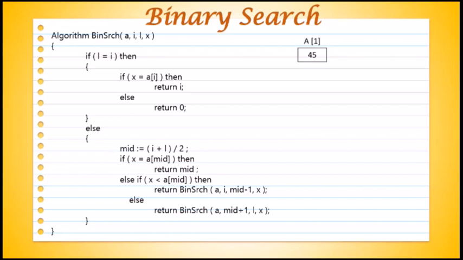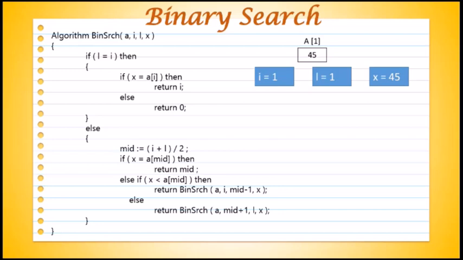So we will take another example. Again there is only one element present in the list, that is 45. So the starting and last value will be 1. And suppose we are searching 45. Here again first we will check whether L is equal to I. This condition is true, obviously I is equal to L, 1 is equal to 1. That means we execute the if part.